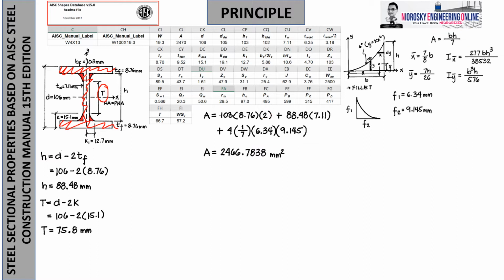So, therefore, we can get 2466.7838. So, therefore, most likely, nagka-equal sila. Okay? Just around 2470 na rin. Pero ito yung mas precise nga lang. Kung gagamitin nyo si